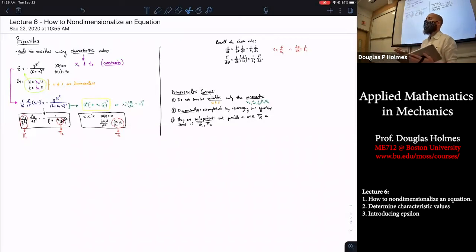I think what you're getting at is it seems like we have too many dimensionless groups, and the answer is we do, because we haven't identified the characteristic values yet. And I think once we identify the characteristic values, we're going to be left with only one dimensionless group, which I think does work out from Buckingham Pi. So right now we have too many, but that's because we don't know what TC and XC are. And once we complete the problem, we should have the right number, and it'll be more clear in that way. And that's basically what we had when we first did this problem, where we basically said